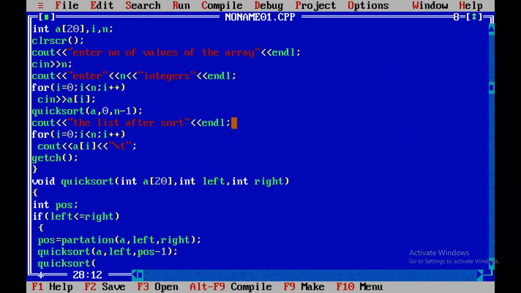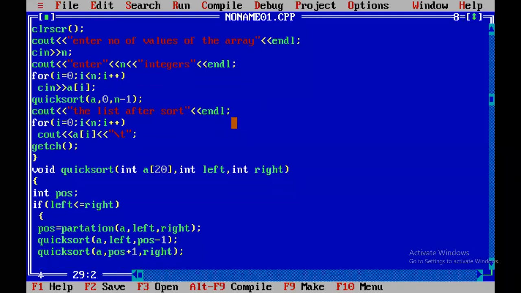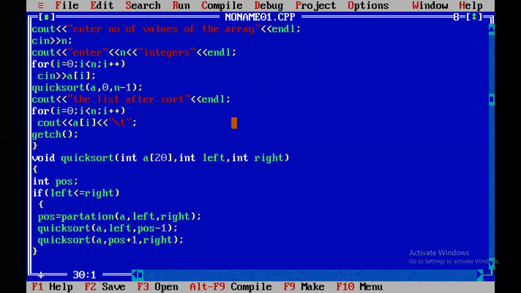After finding the pivot, again we perform quicksort from left to position minus 1, and again from position plus 1 to right. That is the concept. Here I write quicksort a, position plus 1, right. So this is the process we are using.